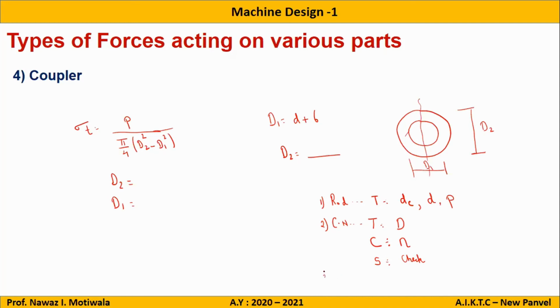And in the last part, when we considered the coupler, only the tensile force will come, and from tensile failure I will get the answer for D2, wherein I will assume that D1 is equal to D plus 6, assuming that 3 mm is the clearance on each side. So now you can see we have found parameters such as d, DC, P, capital D, N, D2, D1. So every design parameter of the turnbuckle is now known to us, and this completes the design procedure for the turnbuckle. Any doubts in the design procedure? No, sir. Okay.